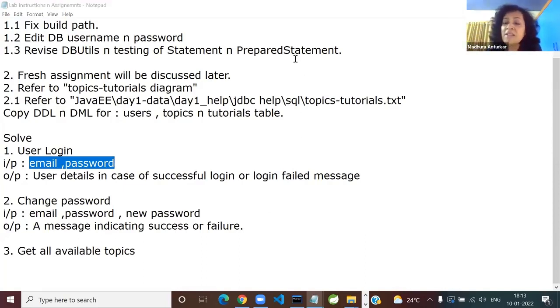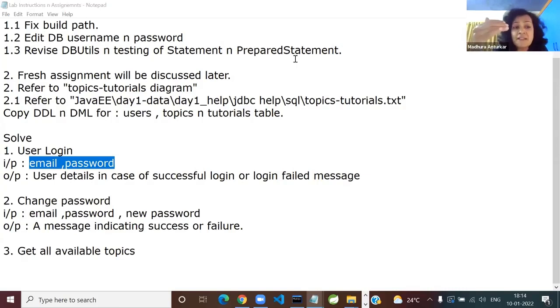Okay, so now enter that. After that, what is the next step? Suppose user has given an email and password, great. After that, what will you do? Will you directly execute the query? No, absolutely correct. You will have to set the in parameters. Set int is wrong, Gaurav. Email and password, both are strings. So both will be pst.setString. First argument is a parameter position, question mark position 1, comma, email. And what will be the next one? Tell me the next line. Yes, 2, comma, password. Everyone can understand?